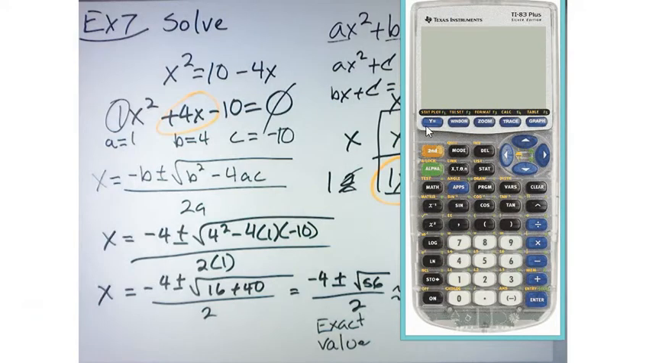So there's lots of ways you could do this. We could do it graphically, which is probably the quickest way. Or you could plug it in and write it out by hand. I don't know, let's just graph it real quick. So if I plug in x squared plus 4x minus 10,